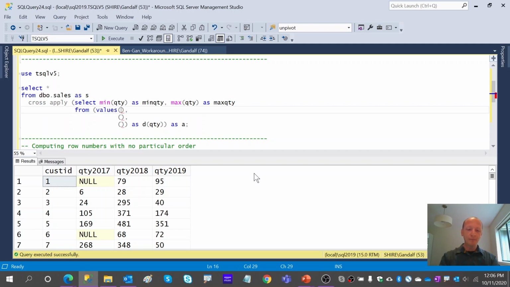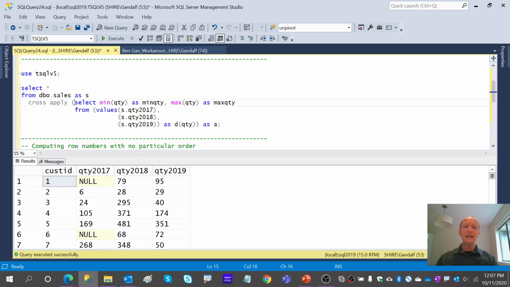So here we will have one column holding the quantity 2017, I remind you, from S, then another row made of the column with quantity 2018, and a third row made of the third column holding quantity 2019. The end result of what we're doing here is basically per left row, a set of 3 rows with one column holding the quantity from the relevant year, and we're naming this result column QTY.